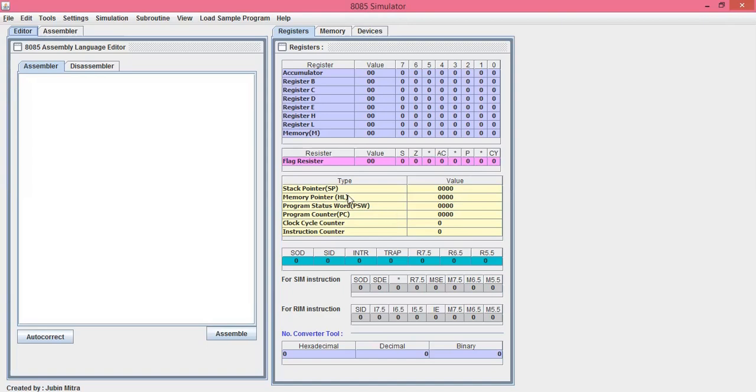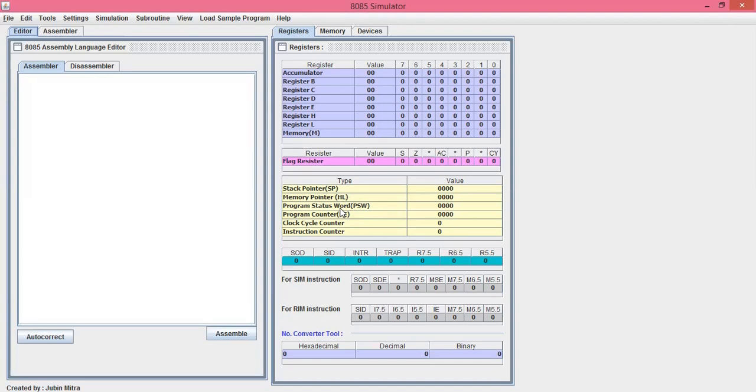Then there is a memory pointer, which points to memory. Then there is a PSW that stands for program status word. It refers to the accumulator and flag register, where the accumulator is in the high order and the flag register is in the low order, and it is a total of 8 bits.